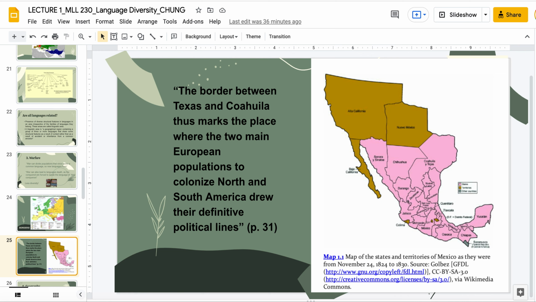And that also shows you that even with these political lines, people still speak different languages. Just because you live within a border of a certain language doesn't mean that you're necessarily going to speak this as your dominant language. You might speak it as a second language, but these are an aftermath of warfare, right? Of borders, border drawing.